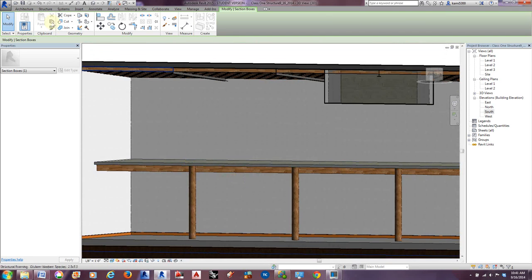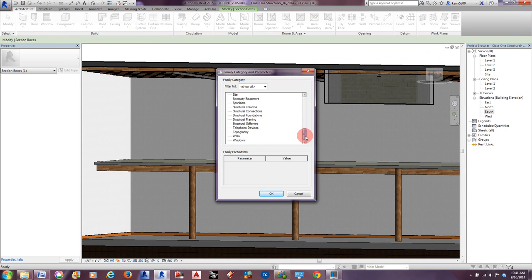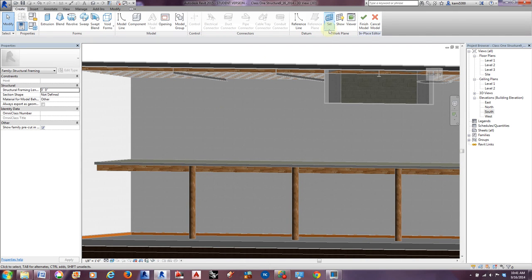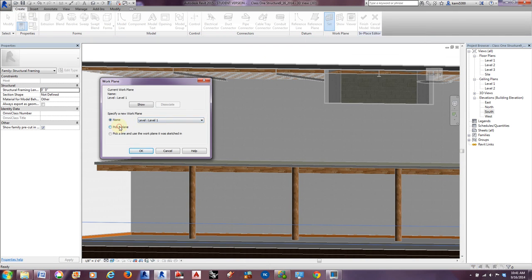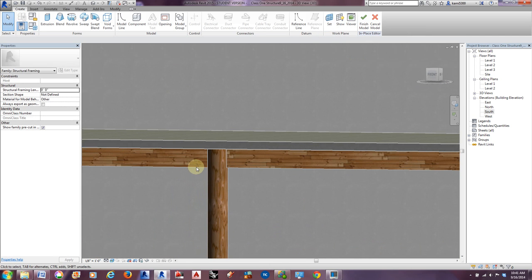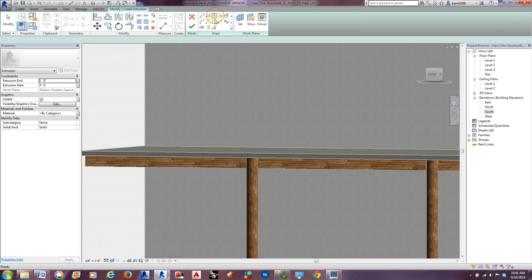And I'm going to do another component model in place, and this time I am going to use structural framing. You could use stiffeners as well, whichever one you prefer. I'm going to go with framing for the moment. And now we want to set our working plane. We want to pick a plane, and we're just going to pick one of these sides of these beams that we've created,